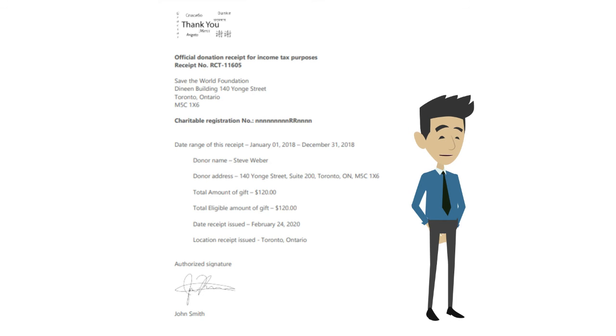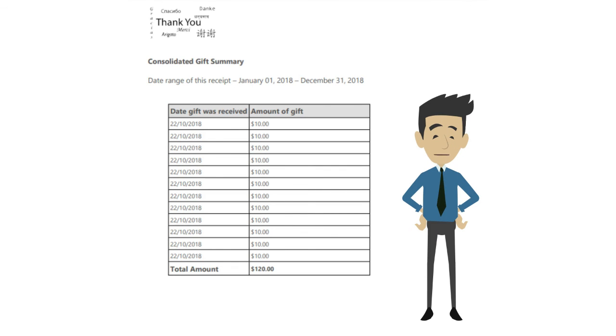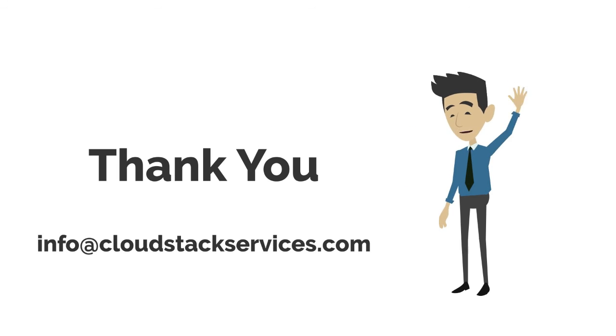If we click on it, we can see the donation information on the first page. And if we scroll down to page 2, we can see a donation summary with all 12 of those receipted donations. For any additional information, please email